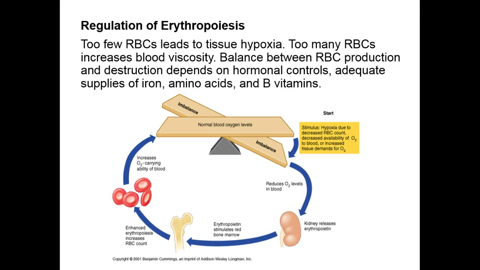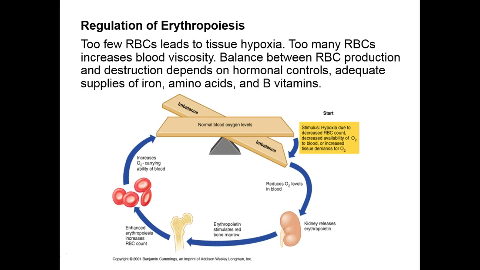And so what's going to happen is the kidney is going to get a message from the brain that it needs to release this hormone erythropoietin, which you learned about when you learned about the kidney and the juxtamedullary complex. That then is going to be released into the bloodstream and passed on to the bone marrow. This stimulates red blood cell production in the bone marrow. That then is going to stimulate more red blood cells being produced and released into the blood,